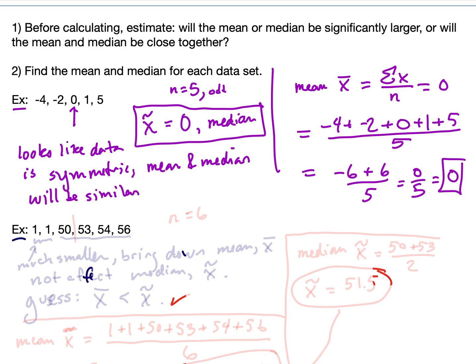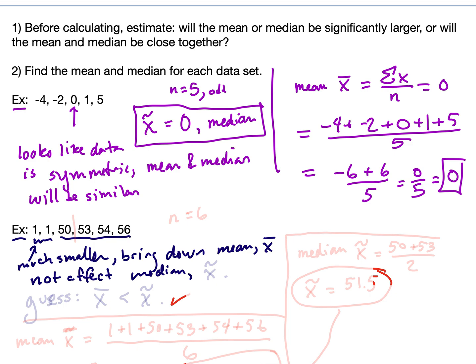In this set of data values, we've got 1, 1, 50, 53, 54, 56. And we see that these data values are pretty close together, whereas these could be considered outliers. These are much smaller than the other data values that we have. So it looks like those small data values will bring down the mean, x bar,